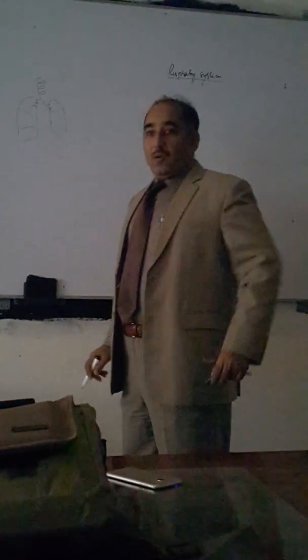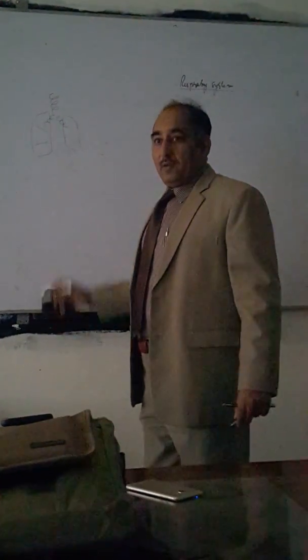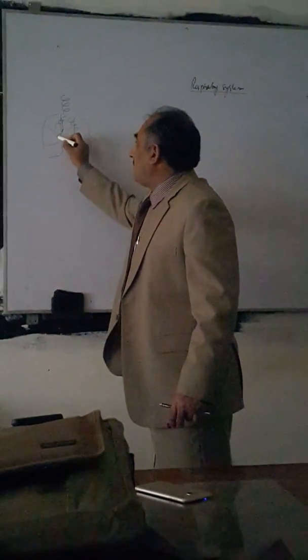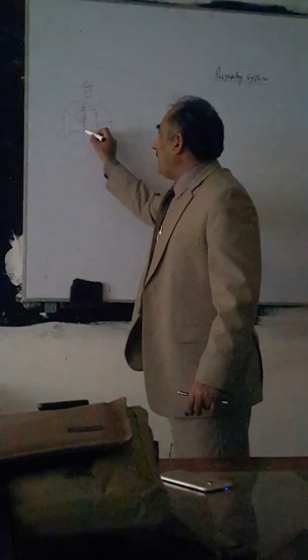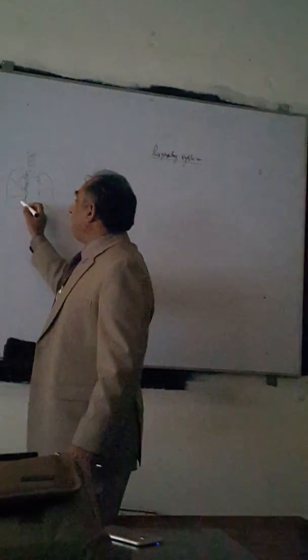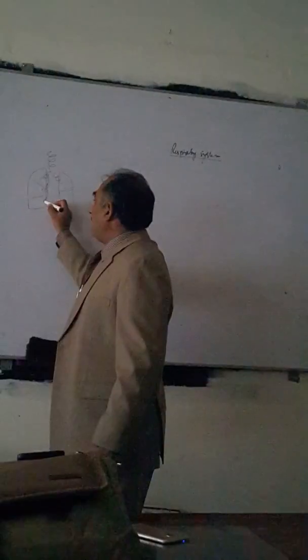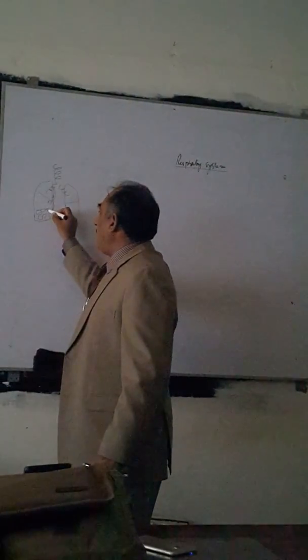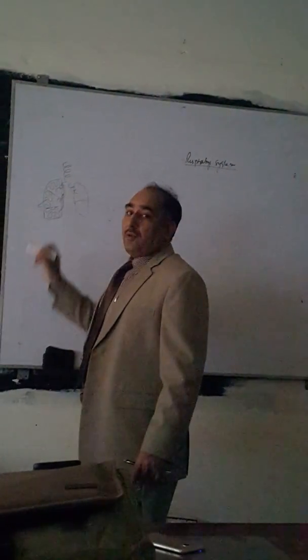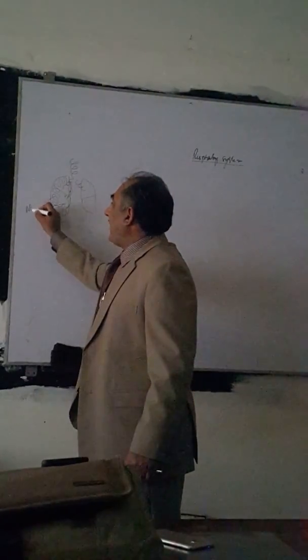This is purely diagrammatic, and then there are lungs. There are different lobes: upper lobe, lower lobe, and middle lobe. On the right and on the left there are two lobes, you see. So what happens? These bronchi are then divided into bronchioles, and each bronchiole is now supplying the alveolar sacs. So it multiplies and folds, many times it folds, and once it folds, it prepares alveolar sacs,